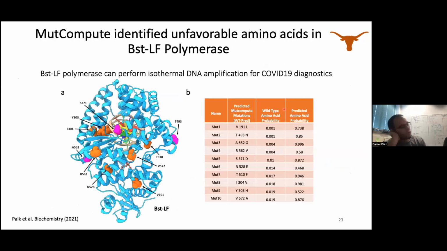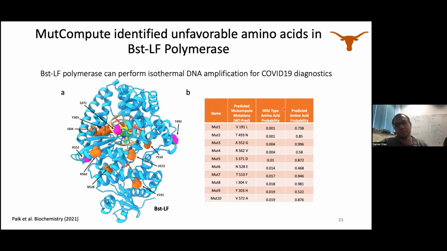So this is another protein that we just published last year in 2021. This is a BST LF polymerase. So this is used for LAMP assays. LAMP is essentially like PCR, but at one temperature, so you don't have to cycle the temperature. It's isothermal. And Dr. Ellington, my professor, really wanted to engineer some LAMP